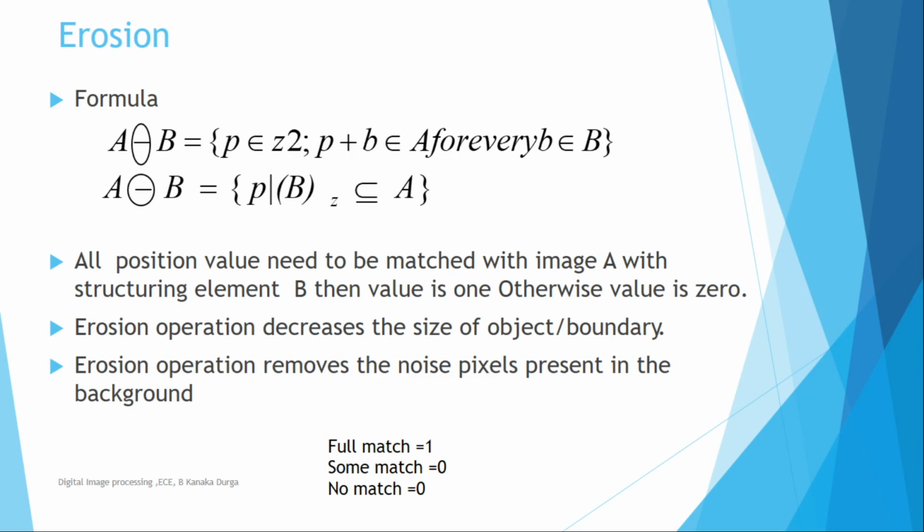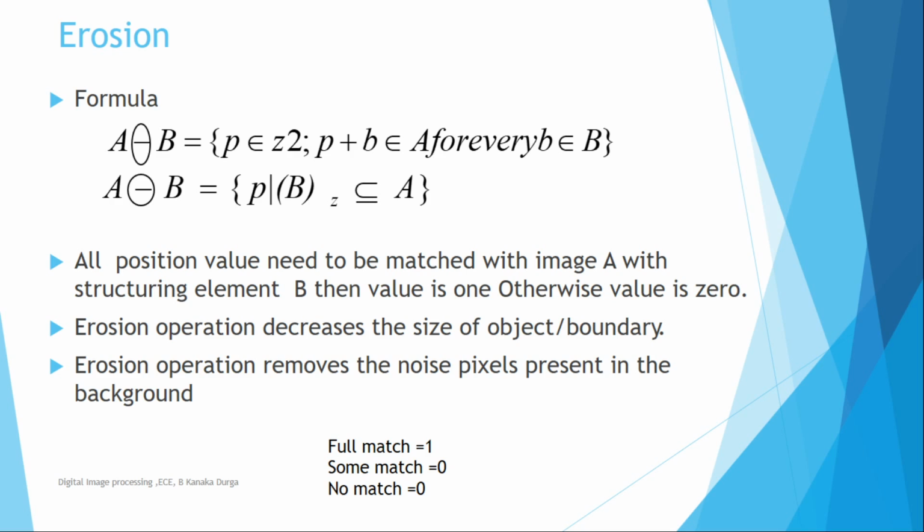If you observe, dilation and erosion have some advantages and disadvantages. Dilation increases the size of the object at the boundary. This is the disadvantage. Depending on the application we can sometimes choose to increase the size of the object, but normally it is one of the disadvantages. The advantage is that it can remove the noise present in the object. The erosion operation decreases the size of an object. This is the disadvantage, and it removes the noise present in the background. This is the advantage with respect to erosion.